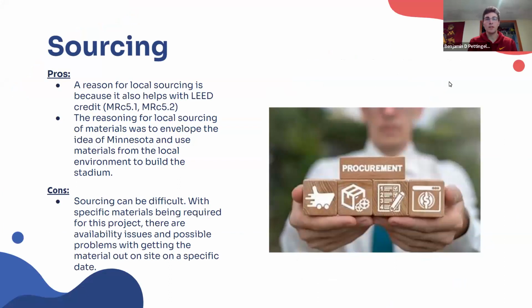So sourcing. The reason that they use local sourcing is because, as I mentioned, it helps with the LEED credit, both the MRC 5.1 and MRC 5.2, which is using local materials. And the reason that they also local source is because Target Field's central idea with the stadium was to focus on being Minnesota and to use materials that are from the local environment. So limestone, as I had mentioned, is a material that is very available in Minnesota. And so that is one of the bigger reasons that they used the limestone on the exterior of